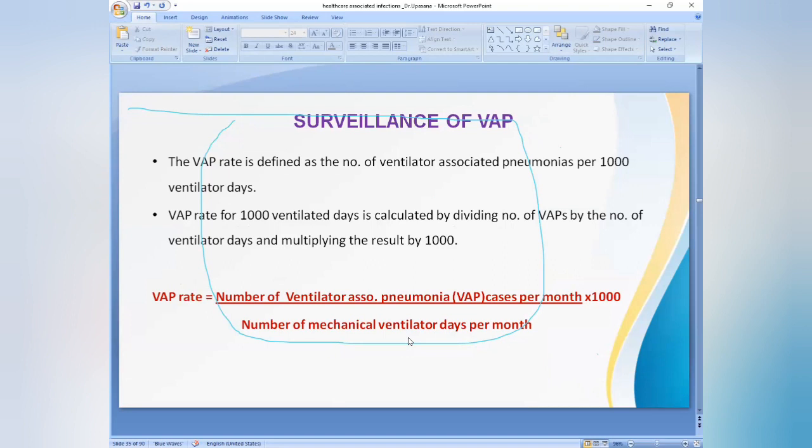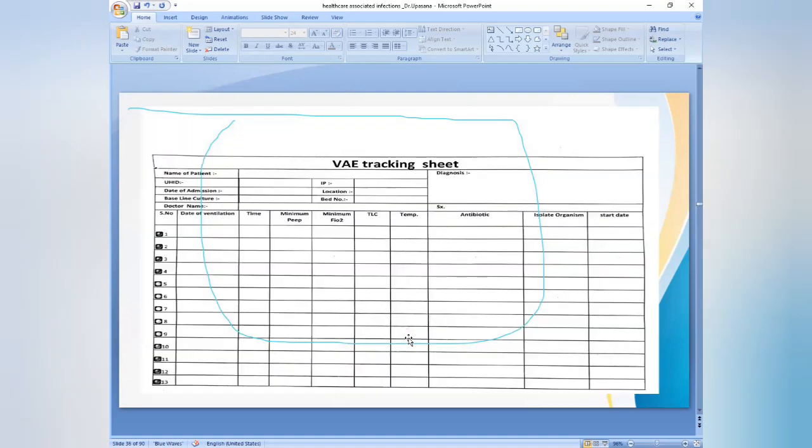So this is how the surveillance of VAP is generally taken up. When we talk about the VAE tracking sheet, again, the same prerequisites apply: patient name, when the patient was admitted, or whether the patient developed it only after 48 hours of intubation. In all these cases, whether catheter-associated UTI, VAP, or central line-associated bloodstream infection, please ensure at the time of admission and at the time of insertion